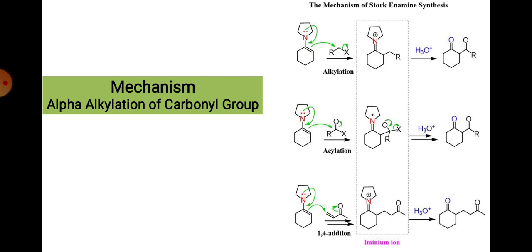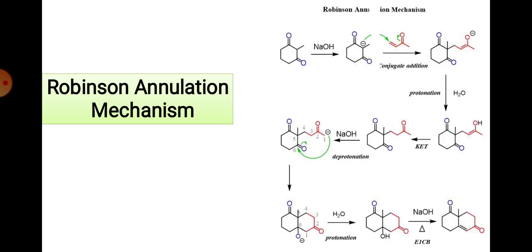That enamine also acts as a Michael donor, not an acceptor. The acceptor is always a conjugated compound. In the last example, we show that the enamine acts as a Michael donor, and the acceptor is there; that is a 1,4-addition, and the reaction is also an example of Michael addition. Another example is the Robinson annulation. It is a combination reaction of Michael plus aldol. The reaction proceeds via Michael addition first, then aldol condensation. First look at the example.